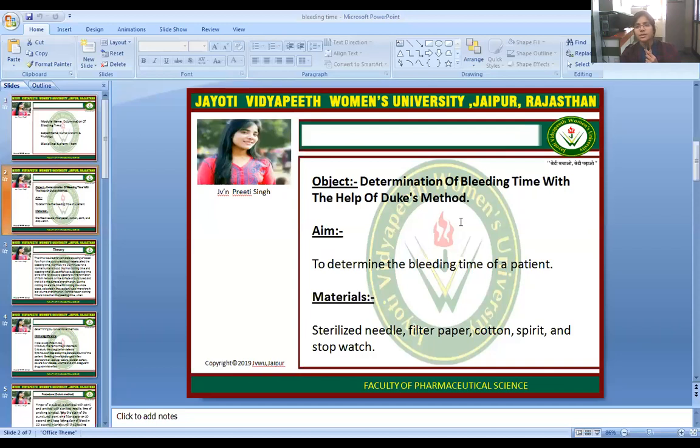Firstly, the material requirement: what will we take? Sterilized needle, filter paper, cotton, spirit and stopwatch. Why will we use a sterilized needle? So that there is no infection and no microbial contamination, therefore we will use a sterilized needle. And then filter paper and cotton for the blood, spirit for the sterilization and stopwatch for the time